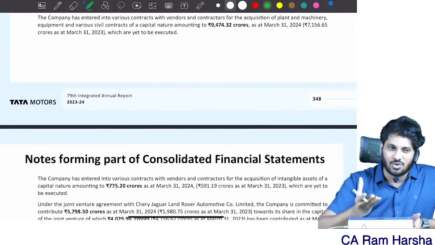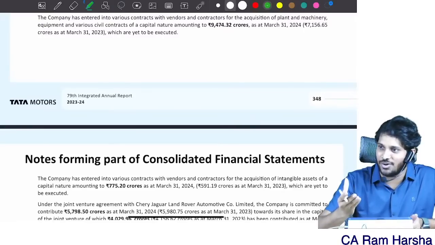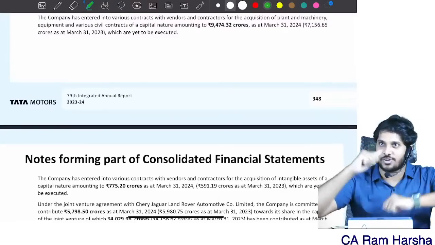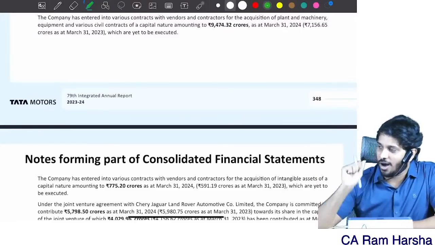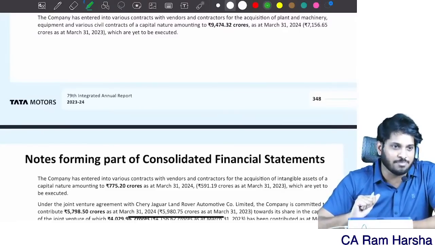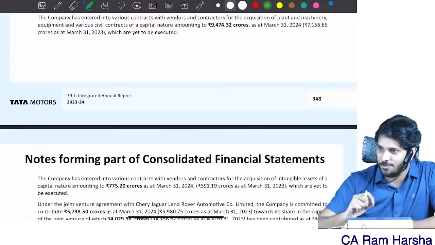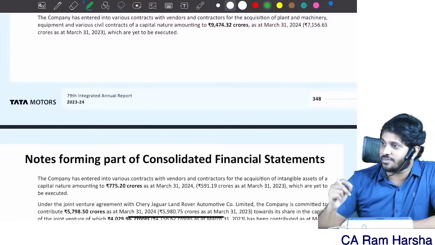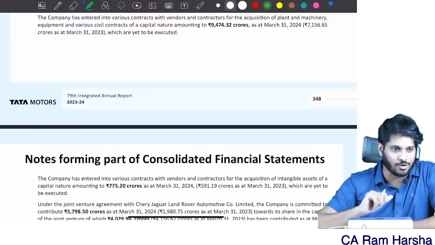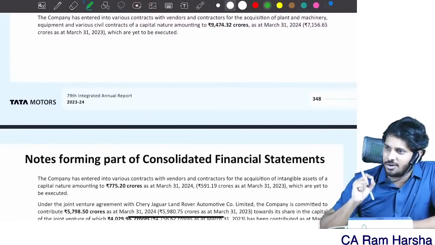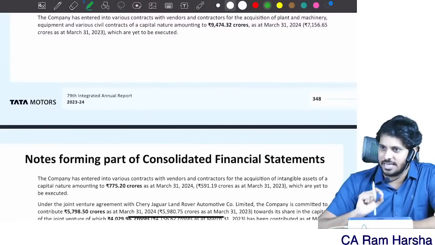Notes to accounts, you should read fully. Audit verification of items of financials you can do on a sampling basis, but how will I read the notes to accounts on a sample basis? I should check the presentation and disclosure requirements clearly, no? I should check whether the financial reporting framework's presentation and disclosure are exactly followed or not, right? Hardly, the entire balance sheet, P&L, notes, everything put together will be 100 pages. In that, how will you do sampling?